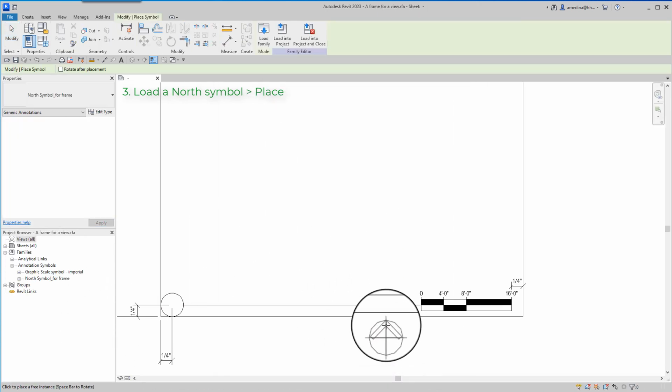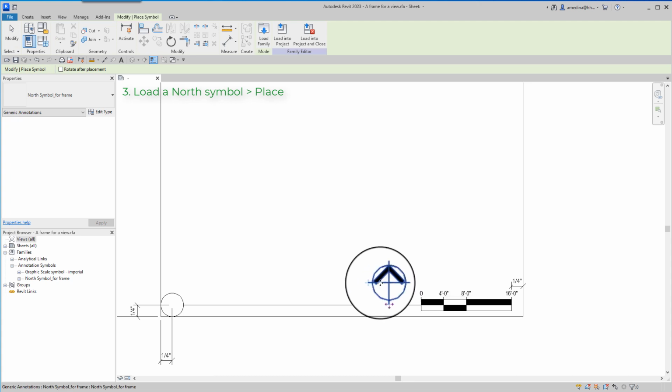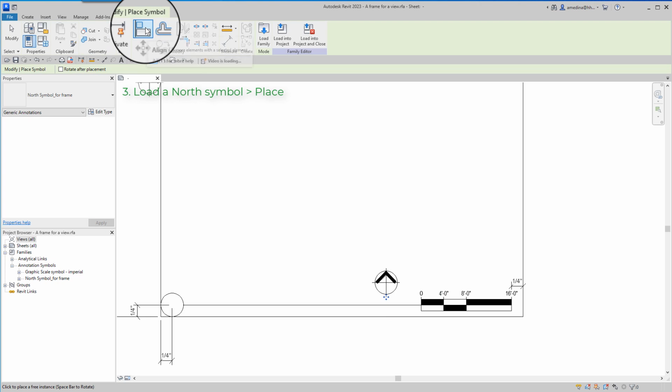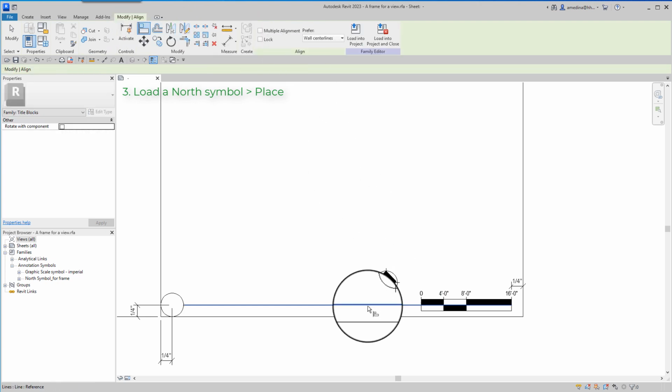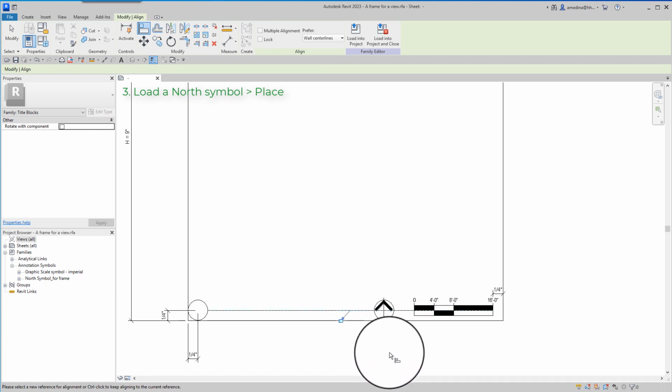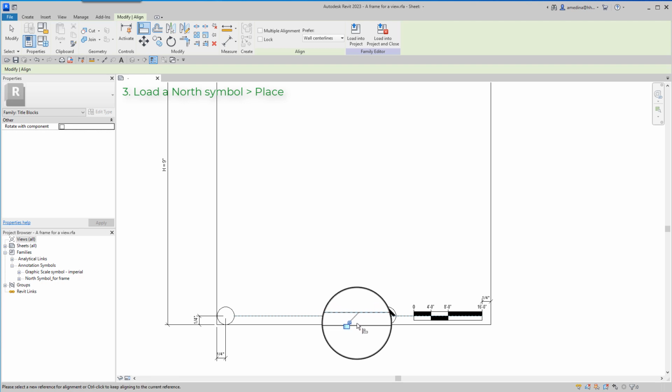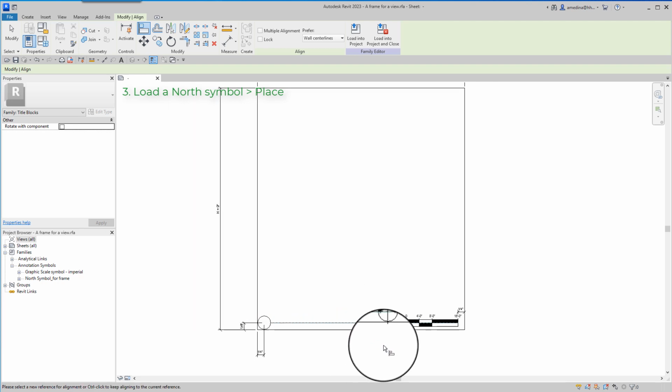And first I place the north symbol anywhere, and then I do this, align to this line, align the horizontal line in the north symbol. I don't need to lock that alignment.